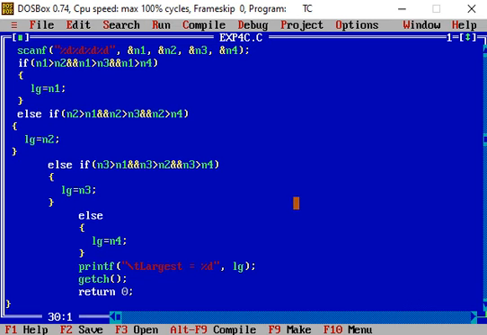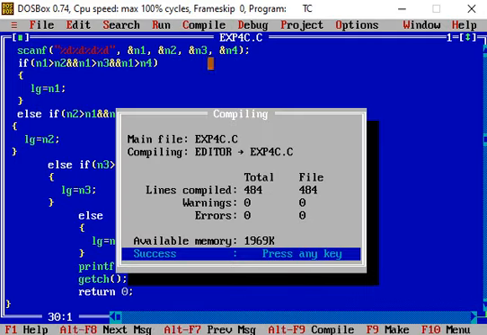Now let us run this program and try to understand how it displays the largest of the four numbers. Before running, first we will compile, and in the compiling window you see that no warning and no error is displayed.